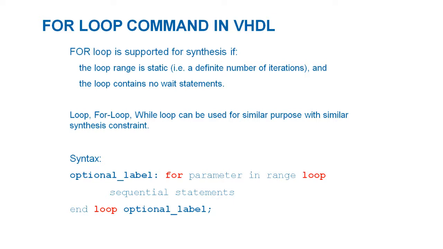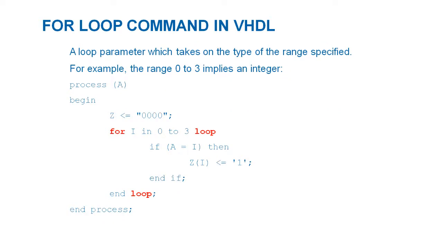So here is an example of how to implement a for loop. Here we have this for loop that is going to iterate 4 times, from 0 up to 3. To implement this, we have a process that is sensitive to a signal A. We implement this process with the begin command, and then we would like to generate an output Z. At the beginning we set all the values of Z to 0, and then we implement our for loop by saying for I in the range 0 to 3,